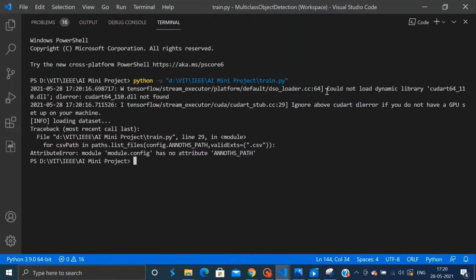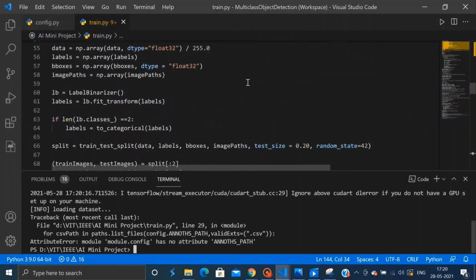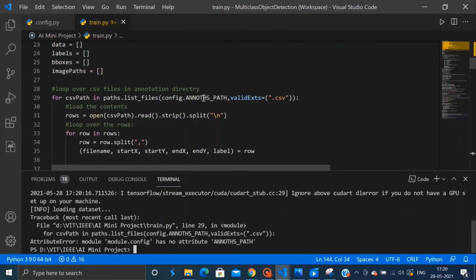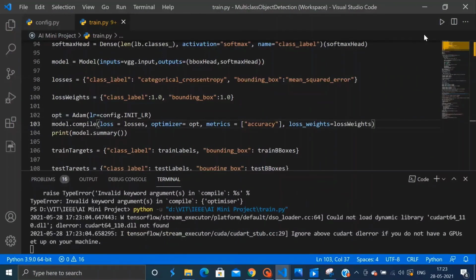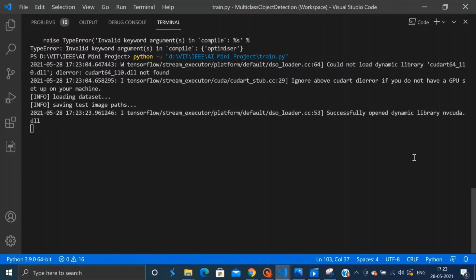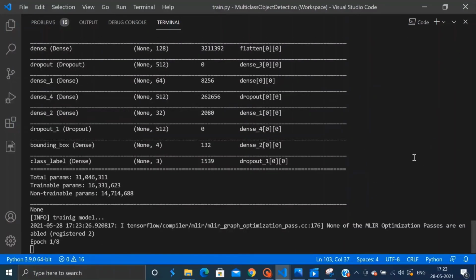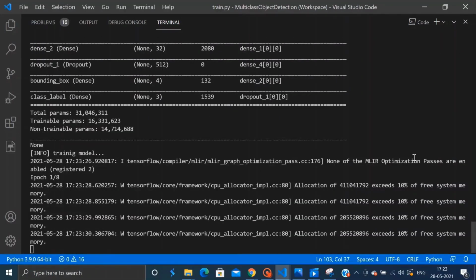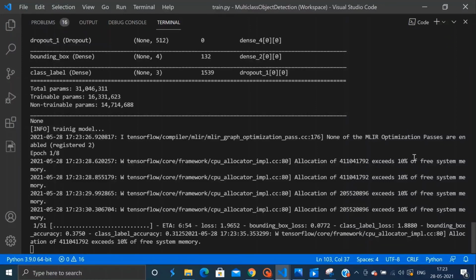So we have one error that says module.config has no attribute anode path. So let's check what's the problem. Okay, so there is another spelling error. Everything looks good. Okay, so it has successfully started training.